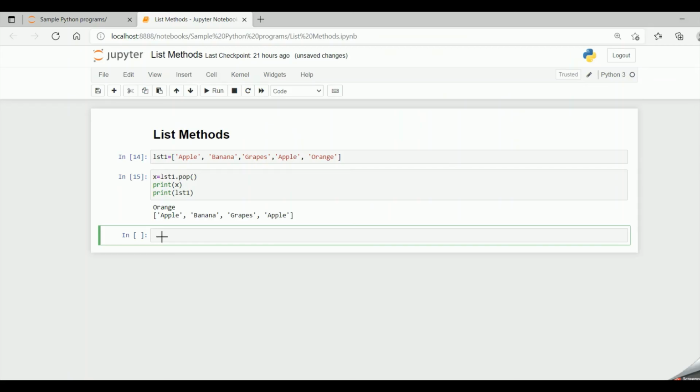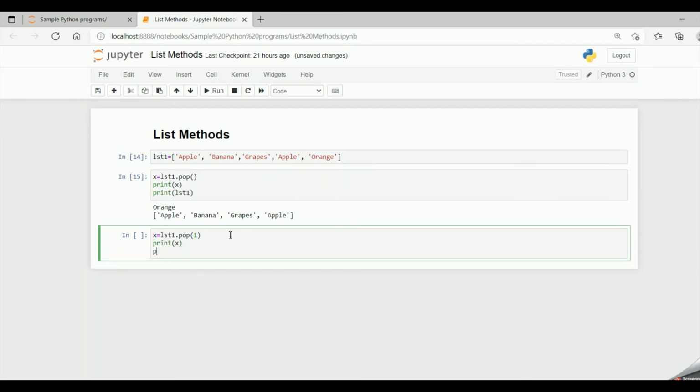Now if we specify any value within the pop parameter, dot pop and I give it as 1, and now if I say print x, print lst1.